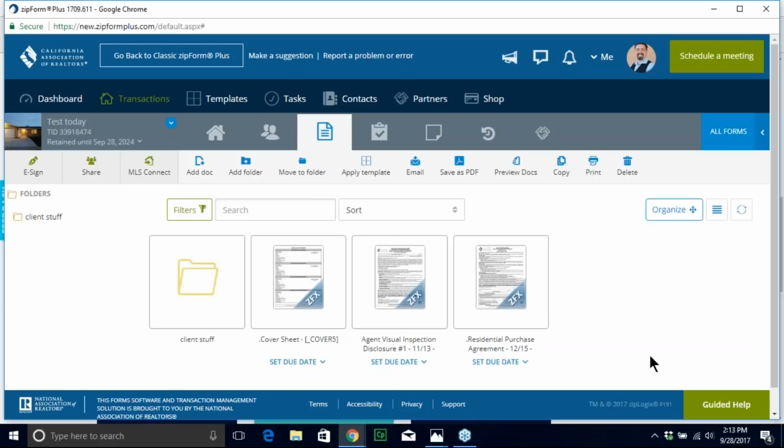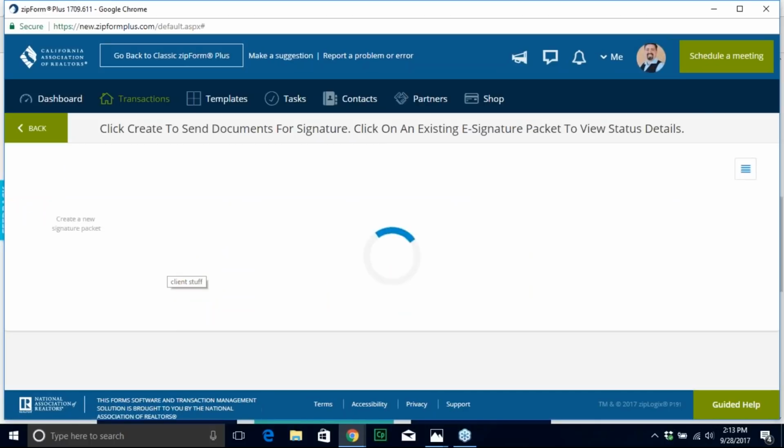How do we do that? Very simply, be in the transaction. When we're in the transaction, move your mouse to where it says e-sign. By the way, everybody can practice this today. All you need to do is create a transaction, call it test, and grab at least one form. On that form, you must at least have a signer's name and a property address to do what we're about to do. From here, when you click on e-sign, after you save your work,